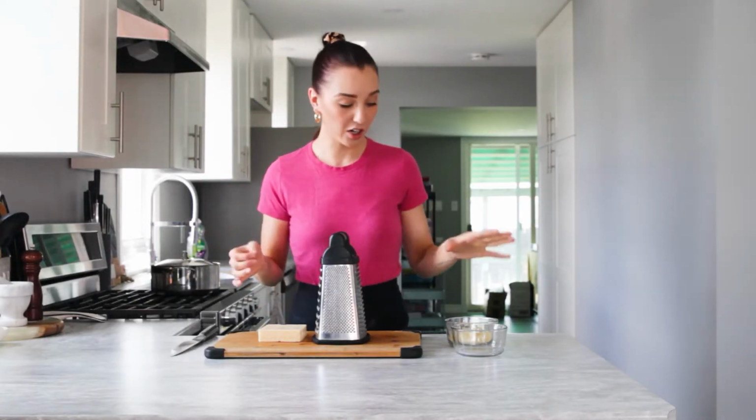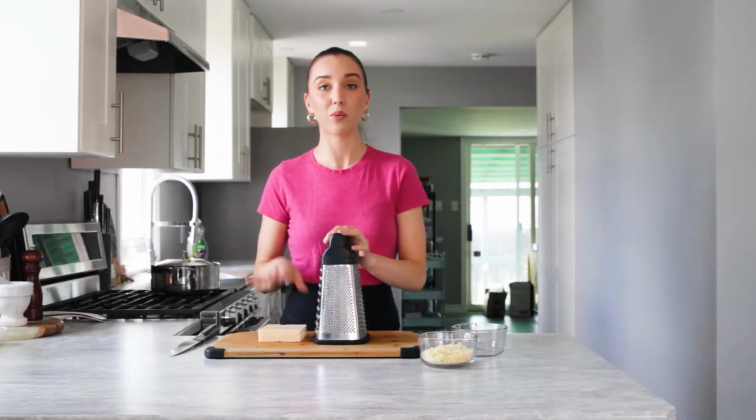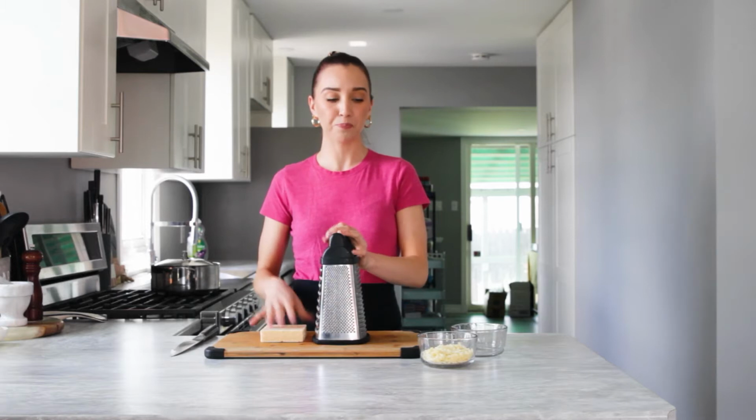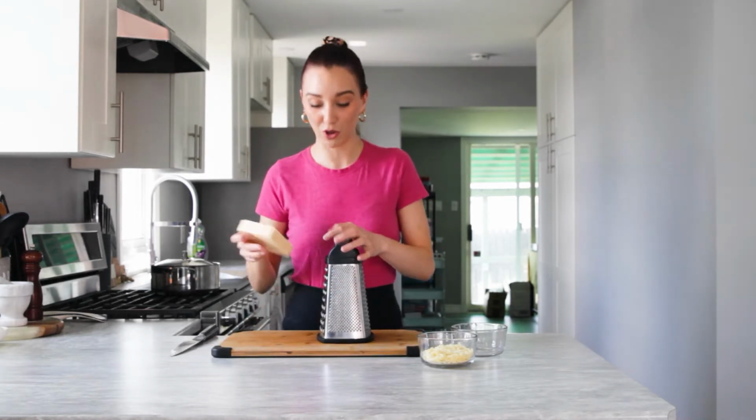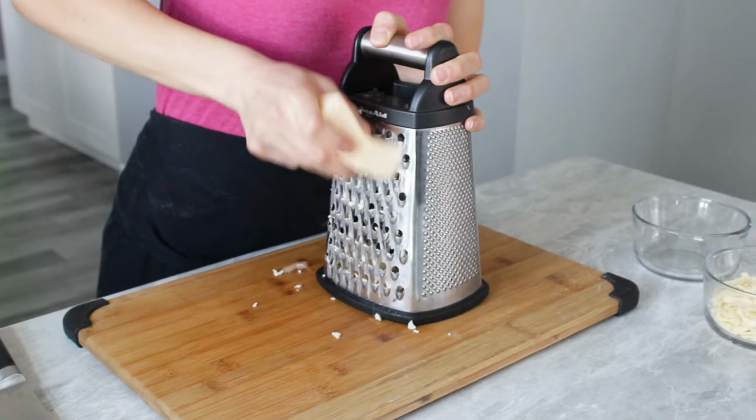Okay, so we are doing a classic potato and cheddar. So what I've got here is just some cow's cheddar, and then I'm gonna mix it with some creamy Havarti as well. This makes the potatoes super, super creamy, really nice and cheesy, and that's kind of the flavor combo that I'm going for. I'm just going to shred up my creamy Havarti and then set that aside while our